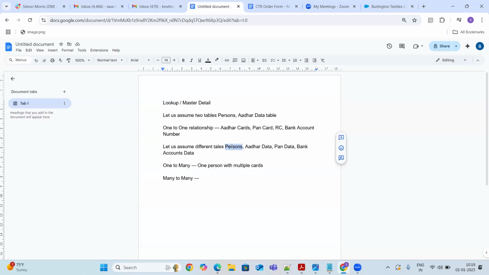And the last one is the many-to-many relationship. In many-to-many relationship, it's vice versa. It's one to many, many to one, and one to many.